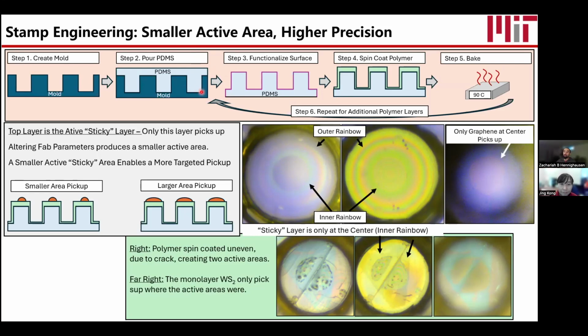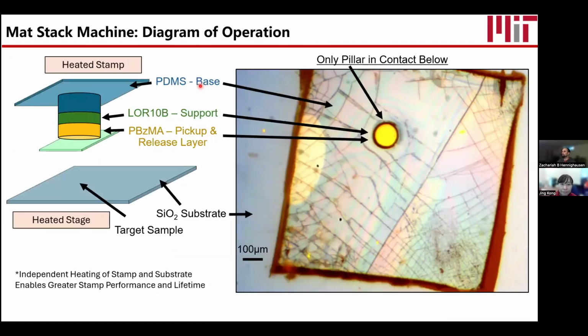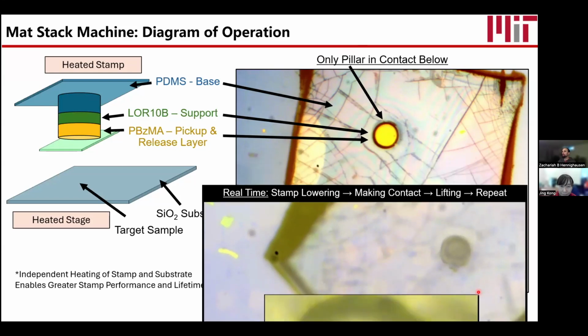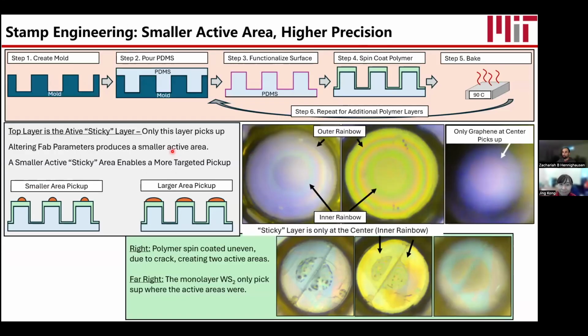And the natural thing is, well, why don't you just make the pillars smaller? Well, the smaller you make it, the more it will crash into the surface. So you put your whole PDMS thing on your glass slide, and then it only makes contact where the pillar is. But if this pillar is not tall enough, then you might touch at the edges if you're not 100% flat, which is hard to do. So there's this trade-off where it's challenging to make pillars too skinny. But I think we've gotten it down to 80 microns, but we do as large as 2